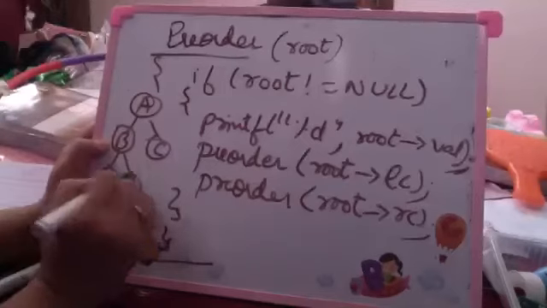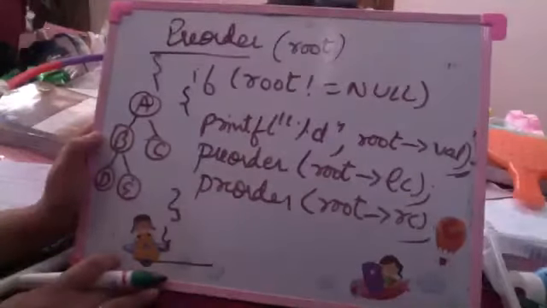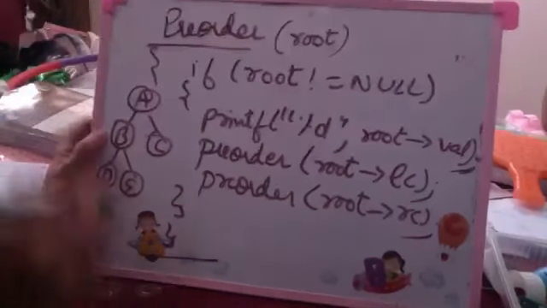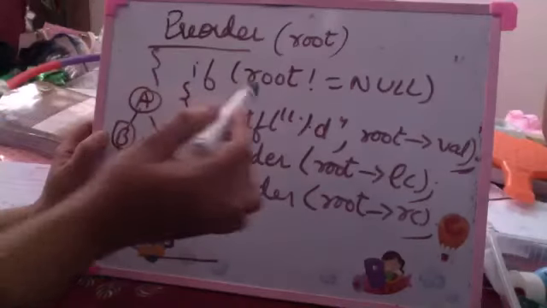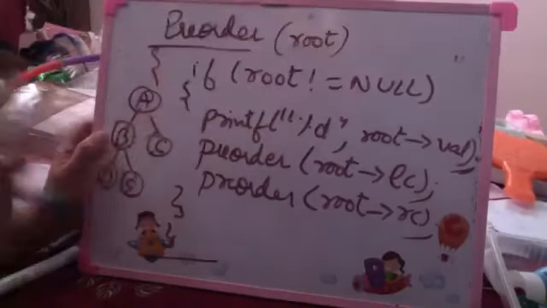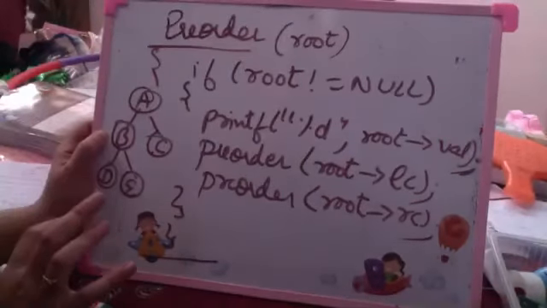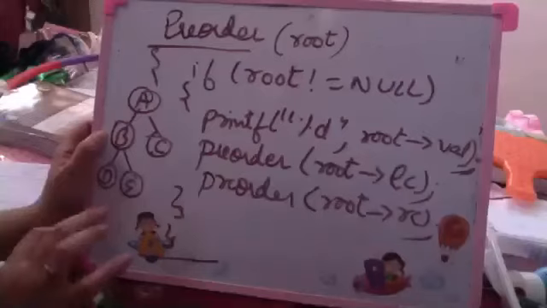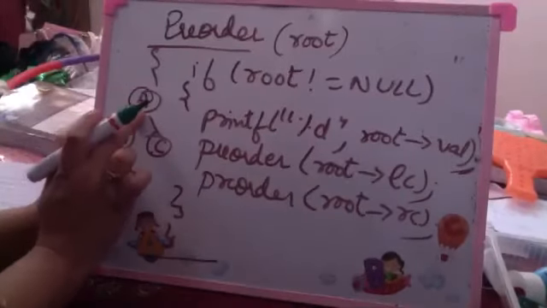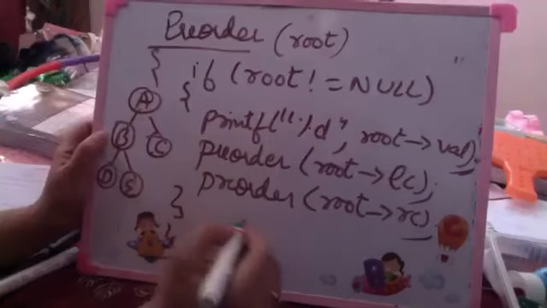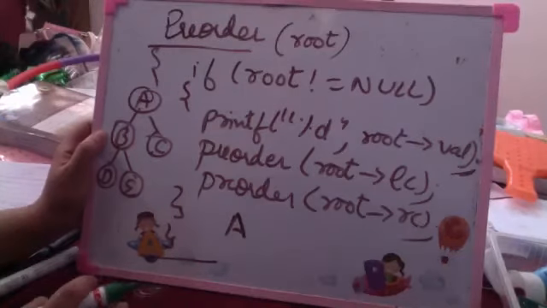ABCDE. Supposedly this is my tree. I have to traverse this in pre-order. Okay? In pre-order I have root, left, right. In case whatever is being passed is null, I need not do anything. I just return from the function. In case it is not null, what do I do? I print the value. Initially I am calling it for root A. So I will be printing A. Yes or no?